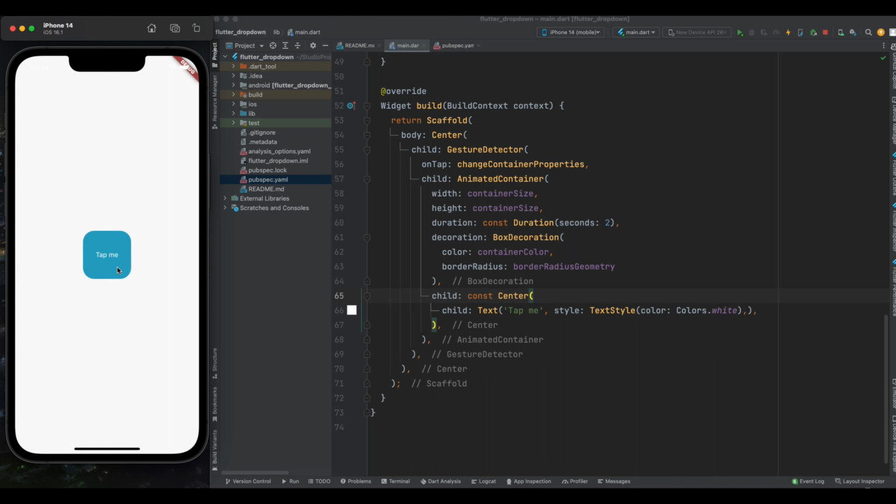Today, we're diving deep into the world of Flutter with a focus on animated containers. As you can see, the shape and color of our container is getting changed every time I'm tapping on this container. If you want this same behavior in your next big project, then please follow along with me in